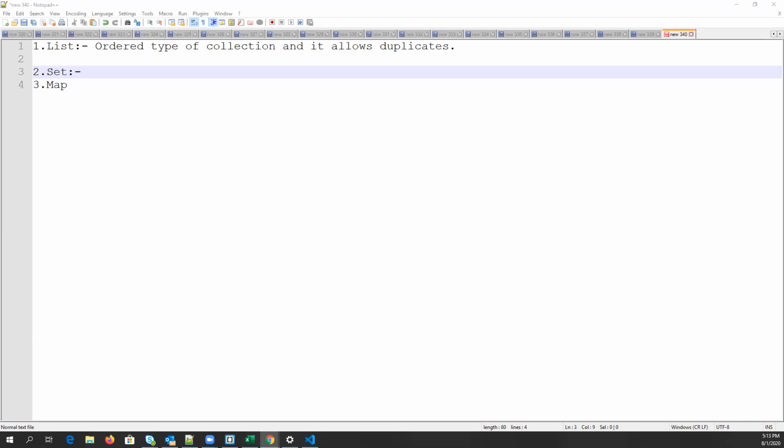Then can anybody explain what will be the use case? If both are the same and we have only these two differences in list and set, can anybody explain a single use case, like when you will use list and when you will use set? Anyone? Sir, in case we want to insert IDs, unique values, so they should not be matched. Yes, kind of ID, but the answer should be that you just want to store unique values.